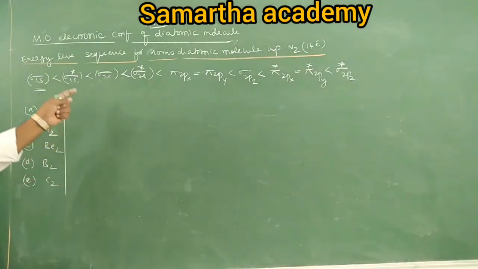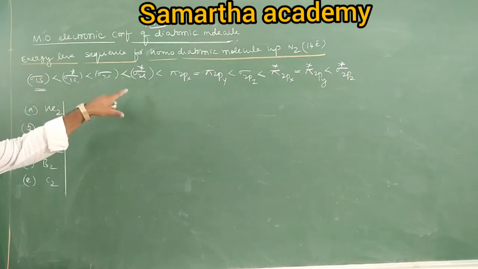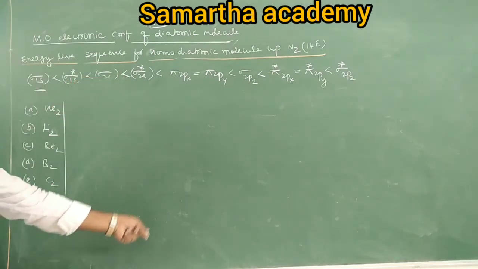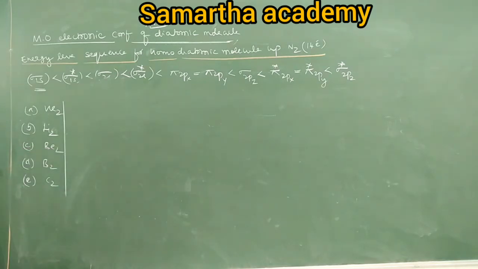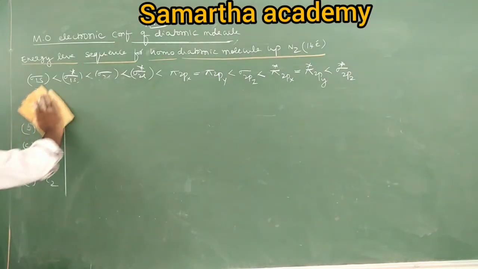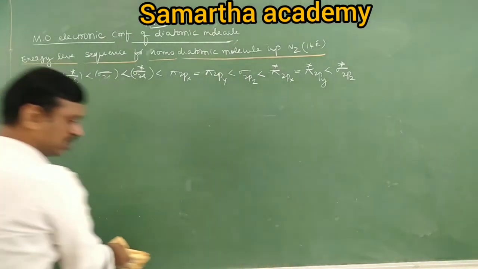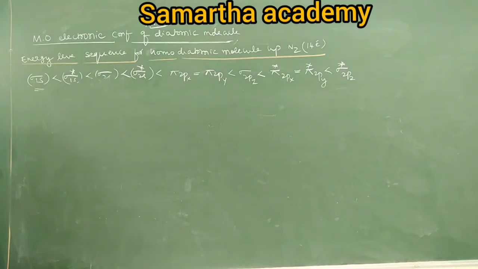Okay, take the same tabular column. First column: molecule or ion, second column: electronic configuration, third column: bond order, fourth column: magnetic behavior. That is also important. Helium, lithium, beryllium, boron, carbon. Till carbon you calculate it later. Okay, now next, right? But the majority of questions are based on nitrogen. That's what I wanted to calculate, nitrogen.